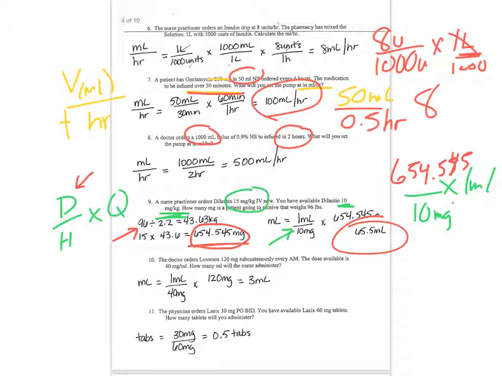It's still using the D over H times Q formula. Same thing here. This was 120 divided by 40 times 1 is how you could do that. D over H times Q. Same thing here. 30 milligrams is what's been ordered. It comes as 60 milligrams per 1 tablet. So there's D over H times Q. And you still get